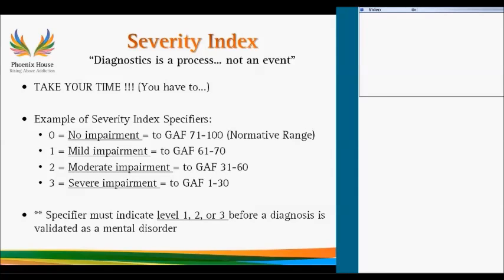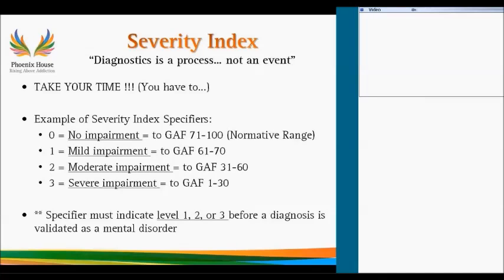So for those of you who are not familiar with this, think of the severity index as ranges. According to the GAF, anything that was above a 71 was really considered to have no impairment. Treatment was really only going to be paid for by insurance companies, and really even warranted, for people who suffered with impairment of their symptoms that scored below 70. So here, think of mild, moderate, severe as 1, 2, or 3.